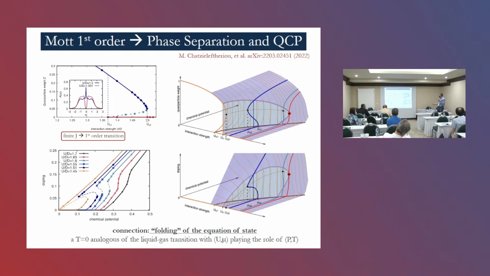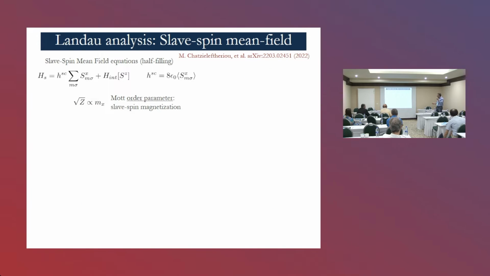Second point is that the Hund's coupling makes this transition first order, and so this quantum critical point at finite doping is implied by a finite Hund's coupling in any multi-orbital model. Now, one key point I would like to underline is why the Hund's coupling makes the transition first order. It's not obvious to do this in a very short talk, but we did a Landau analysis through the slave spin mean field, which is a simplified version of the DMFT,